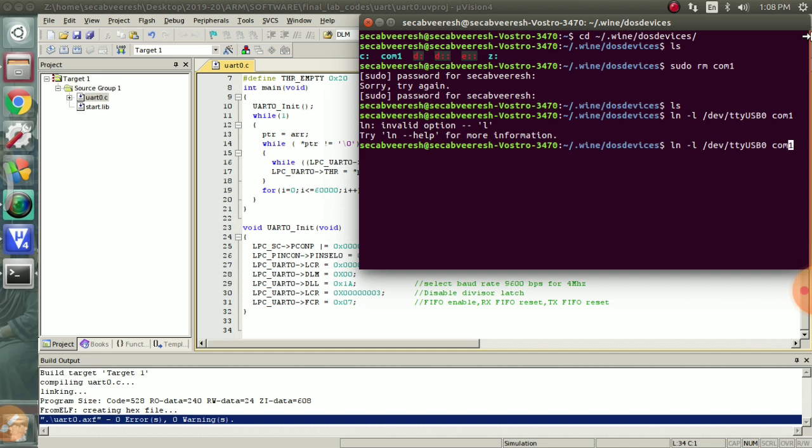Okay, it is not -l, it is -s. ln -s /dev/ttyUSB0 com1. So now it has been created. Then type ls and check. Now see here, com1 is created. Now exit from this wine directory.